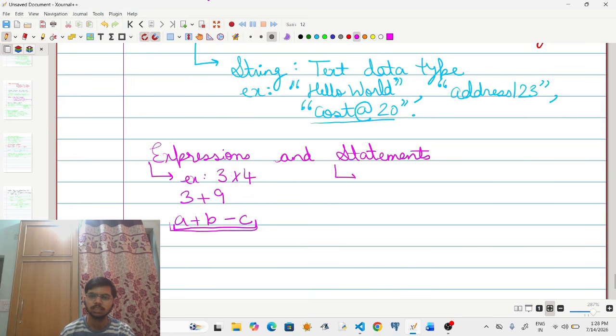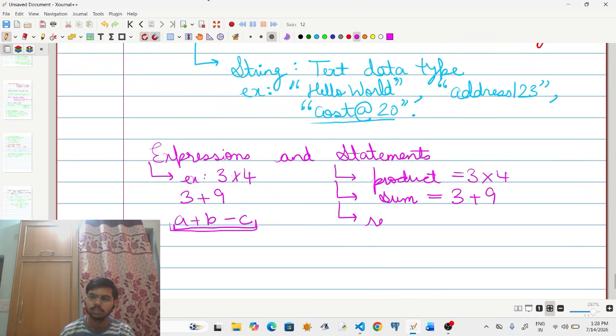And what basically is a statement? It is assigning this particular expression to a variable. Suppose I say product is equals to 3 into 4. Sum is equals to 3 plus 9.